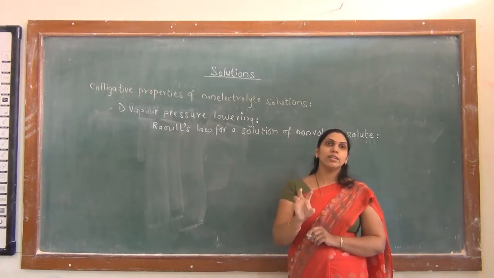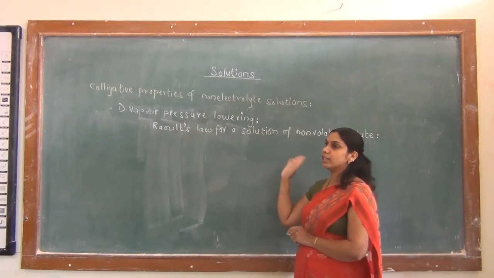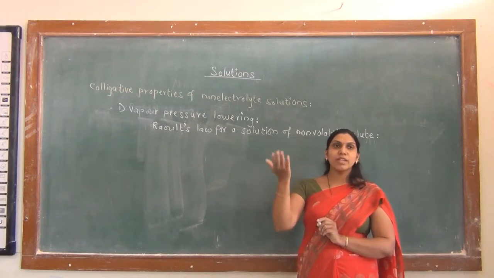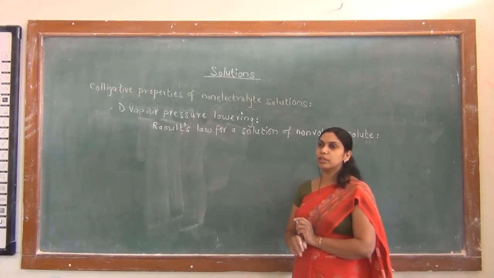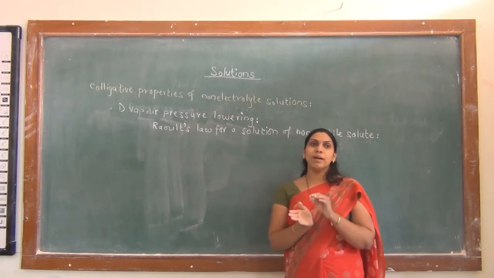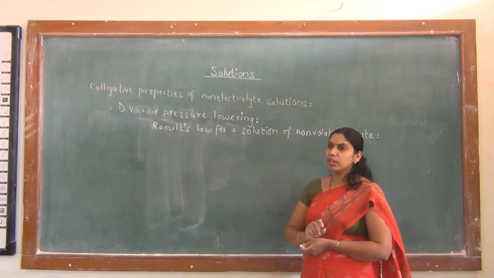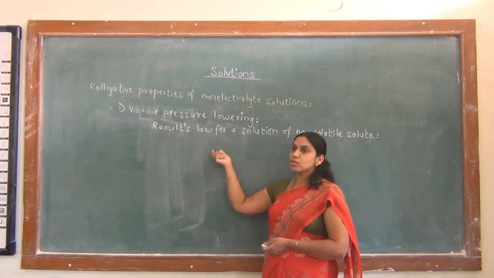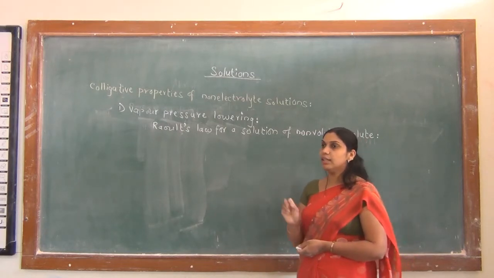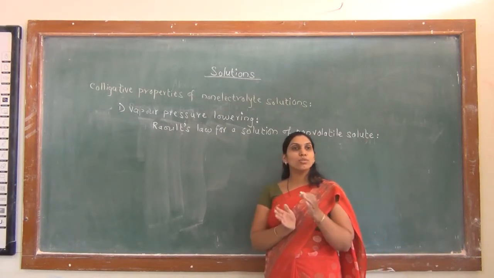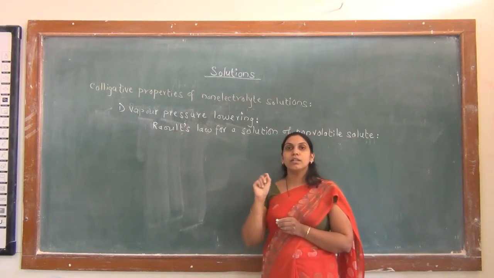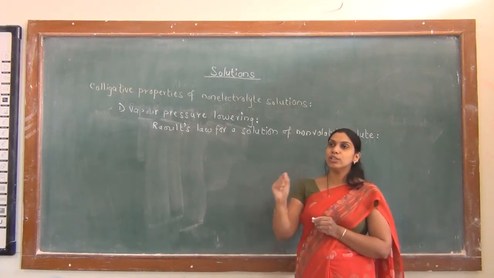How to calculate the vapor pressure of a solution which contains a non-volatile solute. The Raoult's law is same as we have studied it in the previous part of the chapter. Here there is also the same statement, but there is a little modification: as the solution of non-electrolyte contains only one component that is volatile, that is solvent. Solvent is only volatile and the solute is non-volatile. So here the Raoult's law is applicable only to the solvent.